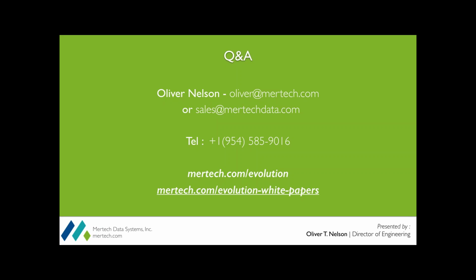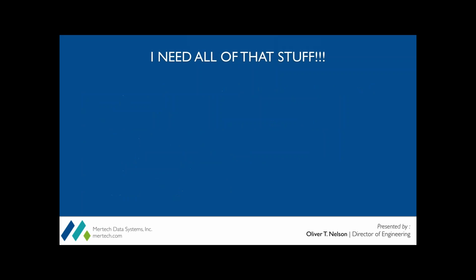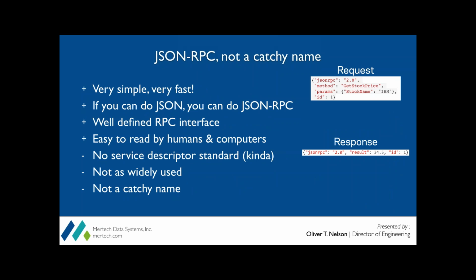When we're talking about JSON-RPC, we're talking about taking JSON and just formatting it in a certain way, having certain items defined in our data. So for instance, if we were to go back and look at the example for JSON-RPC, that is JSON in our request and response. That's completely valid JSON. The only difference is that with JSON-RPC, we're saying, hey, look, we're going to have a version string at the top here that specifies 2.0. Rather than just sending data and maybe using the URL to specify what we want to call, we're going to have a method parameter in here that specifies the name of the method to call on the server,